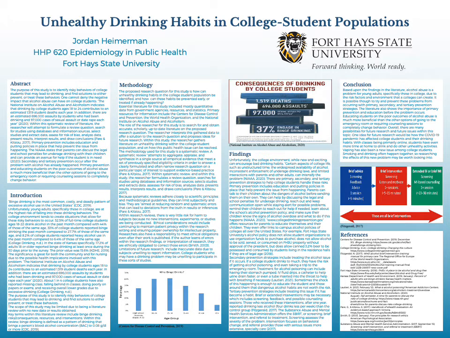The question then becomes, what solutions are there to tackle this public health issue? Primary prevention with education is definitely the most important. Parents can help by discussing the legal and school penalties for underage drinking. They can reach out and keep communication open while staying alert for possible problems, and they can remind their children to reach out for help if needed. Parents can also learn about the school's alcohol prevention policies and make sure their children know the signs of alcohol overdose and what to do if this happens.